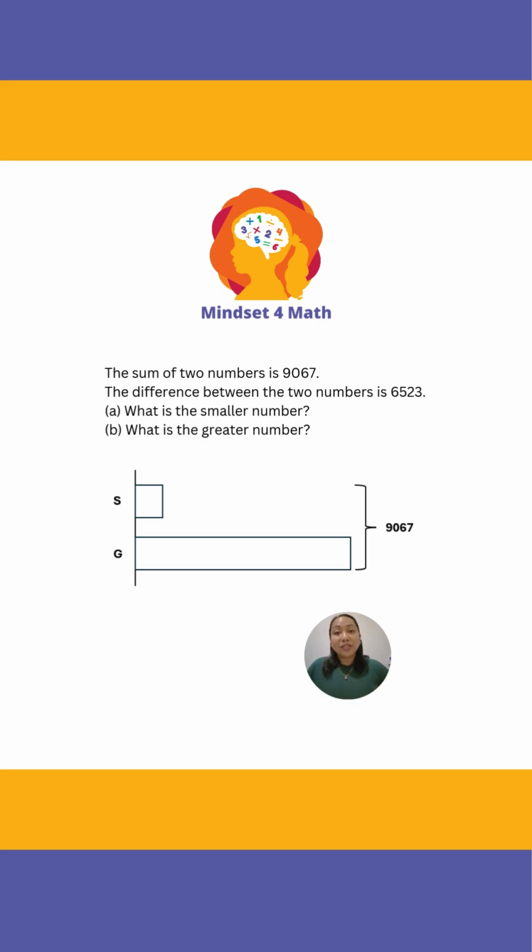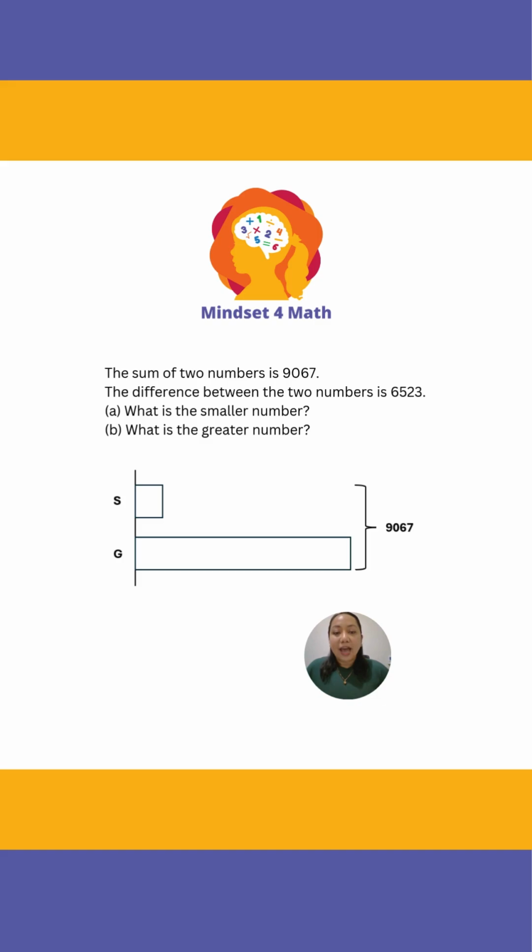Since we are comparing the two numbers here, we are going to use the comparison model. We are going to start by drawing a straight line and then the labels S and G on the left side. Then we will draw a short bar for the smaller number and a longer bar for the greater number. To show the total, we are going to draw a bracket on the right side that will cover the two bars, and we will label that